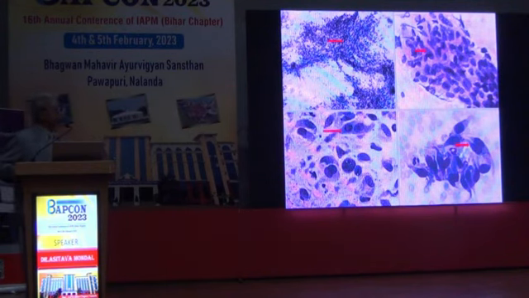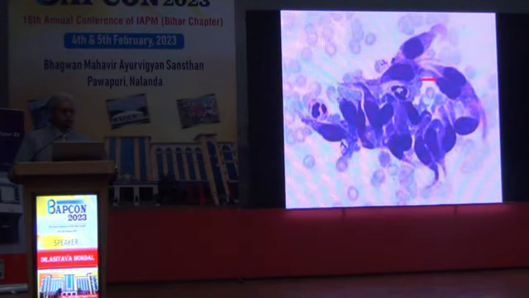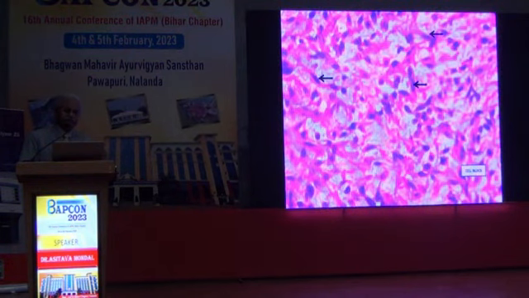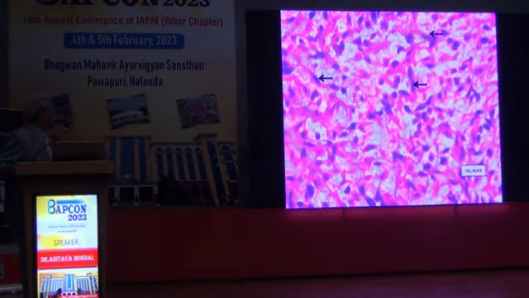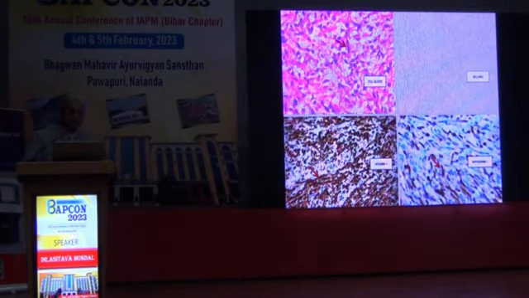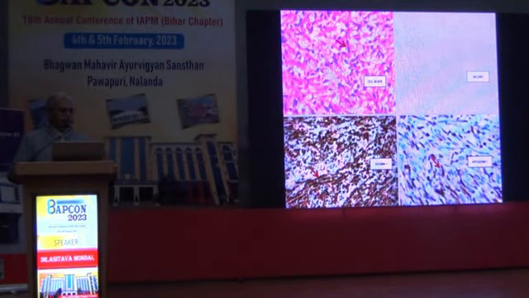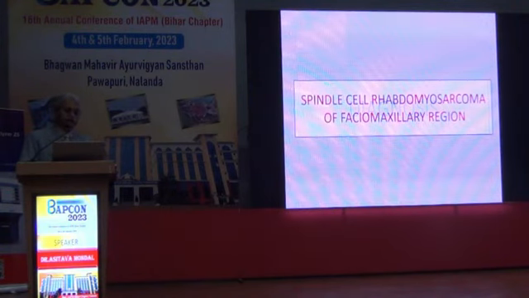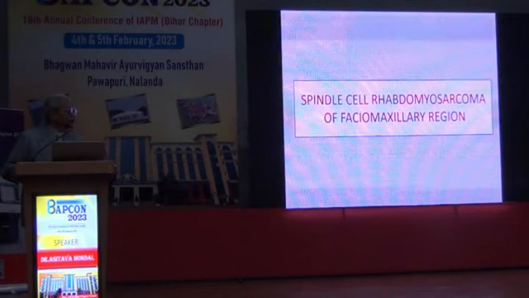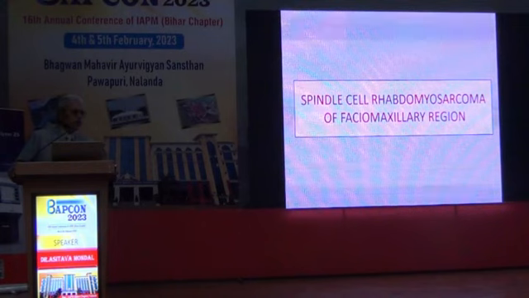See how much material we can get in FNAC? Extremely cellular material. And these are the spindle cells that you get over there, and we did a cell block. Also the spindle cells are pleomorphic, and there are mitotic figures. These spindle cells, these are mitotic figures over there. And these are negative for cytokeratin, so not an epithelial spindle cell carcinoma, but desmin positive, myogenin positive. And this is the diagnosis: spindle cell rhabdomyosarcoma. But usually we diagnose such cases as malignant peripheral nerve sheath tumor or fibrosarcoma. But this is a spindle cell rhabdomyosarcoma, which is a highly aggressive tumor in the facial-maxillary